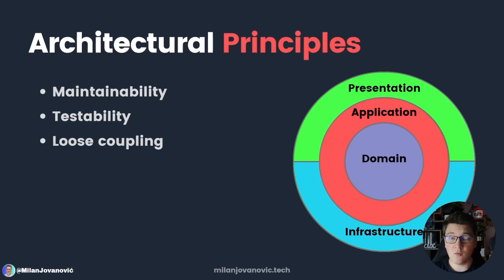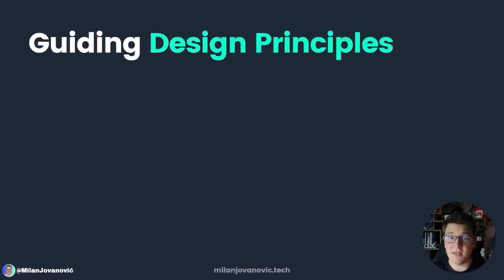These are high-level qualities that a software architecture should bring to the table and also enforce them by design. Speaking of design, what are some of the most important design principles that should be guiding your software development process? The most important design principles of a software architecture are separation of concerns. For example, the clean architecture separates the concerns of the core domain